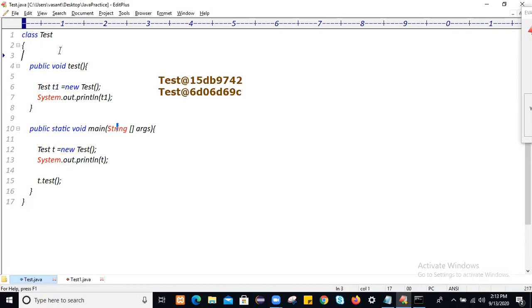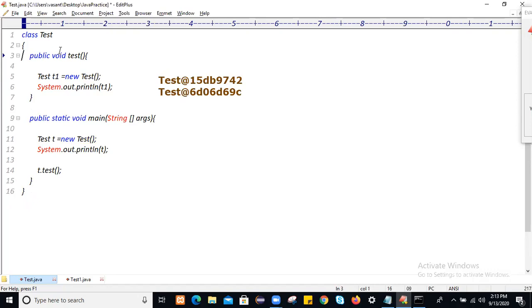Okay, write down this first application regarding local reference variable. Every reference variable which we create holds the memory address of an object and will have the data type as the class name.